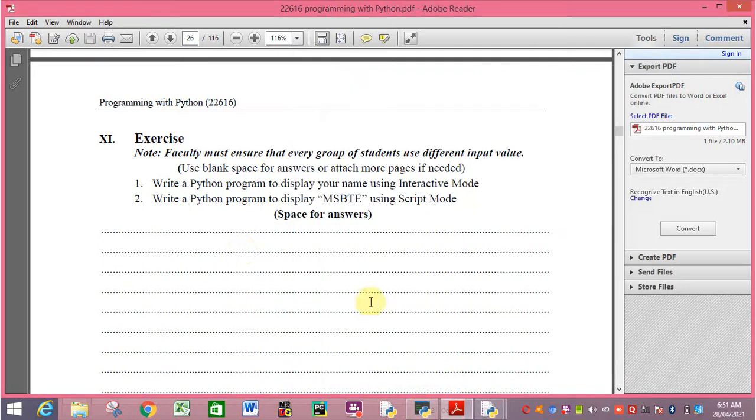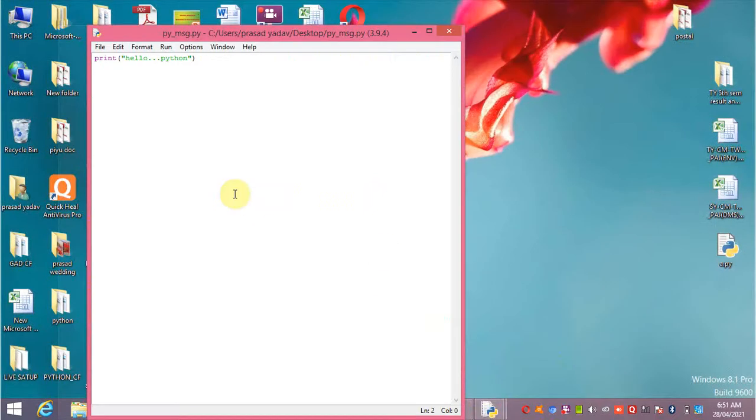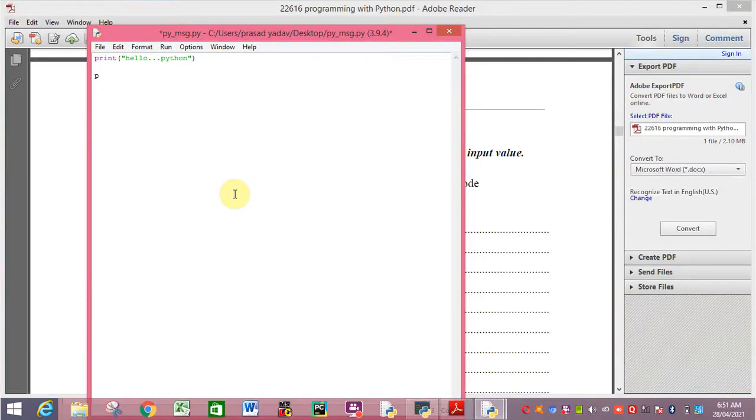Then see the next question. Write a Python program to display MSBT in script mode. I am writing here only print MSBT.